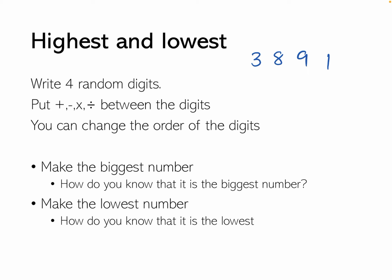So you need to make the biggest number. How do you know that it's the biggest number? And you need to make the smallest number. And how do you know it's the lowest? So for example, I might do